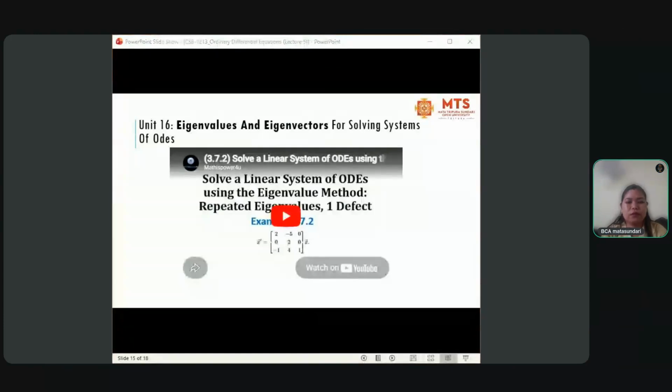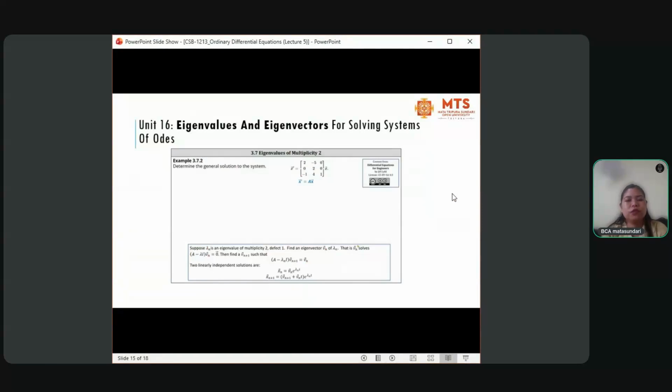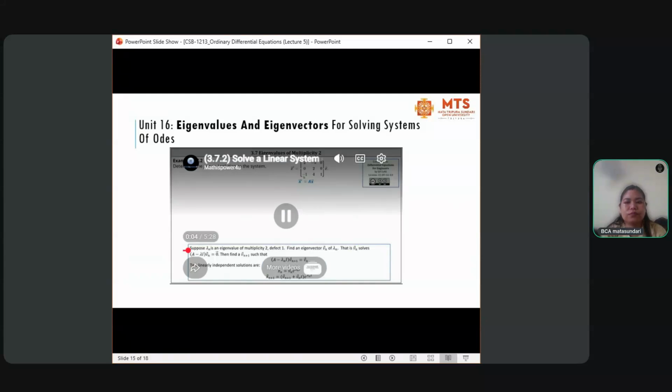X1 equals negative vector 0, 0, 1 times e to the power of 1t, which is